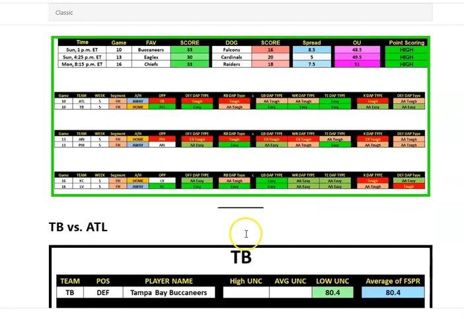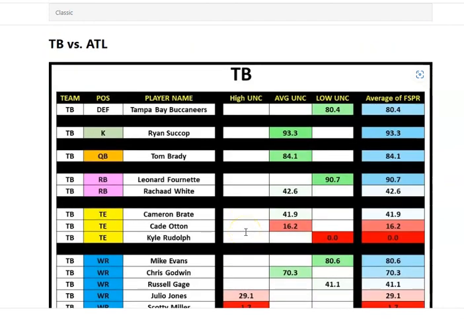So take a look. Tampa Bay, I think Brate is out, and I believe Cade Otton is the one that I said you might give a little extra look. I figure Fournette at 90, you probably have to play him anyway. Evans is interesting.